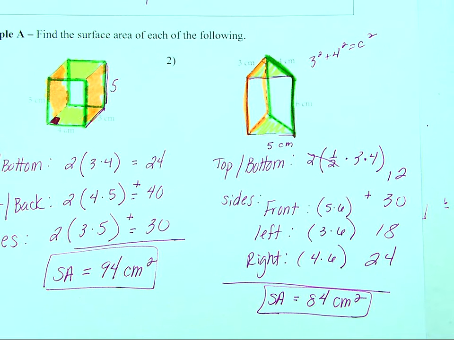Okay, if you have further questions on surface area, please step in and see me. Note that we will be using all of our formulas because sometimes our surface may be a triangle shape, it may be a trapezoid shape, it may be a hexagon shape, not always rectangular. And so we'll have to be familiar with all of our